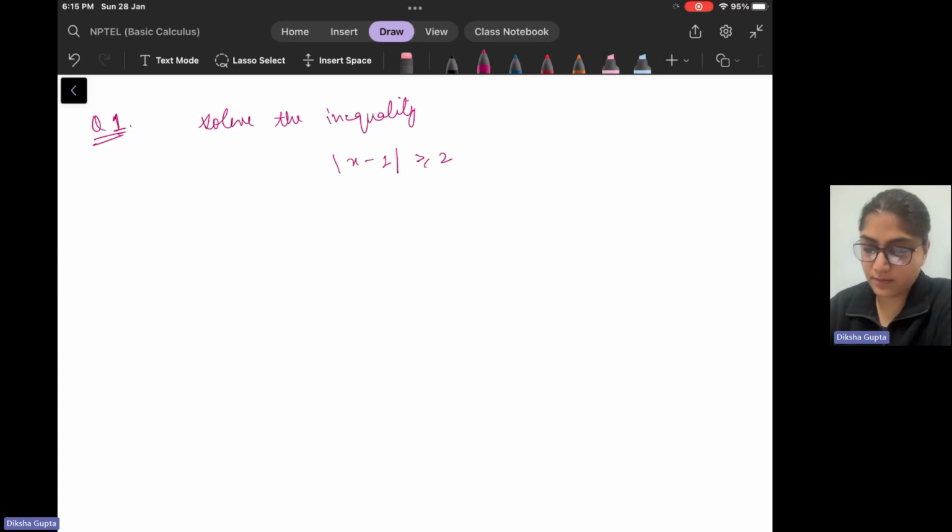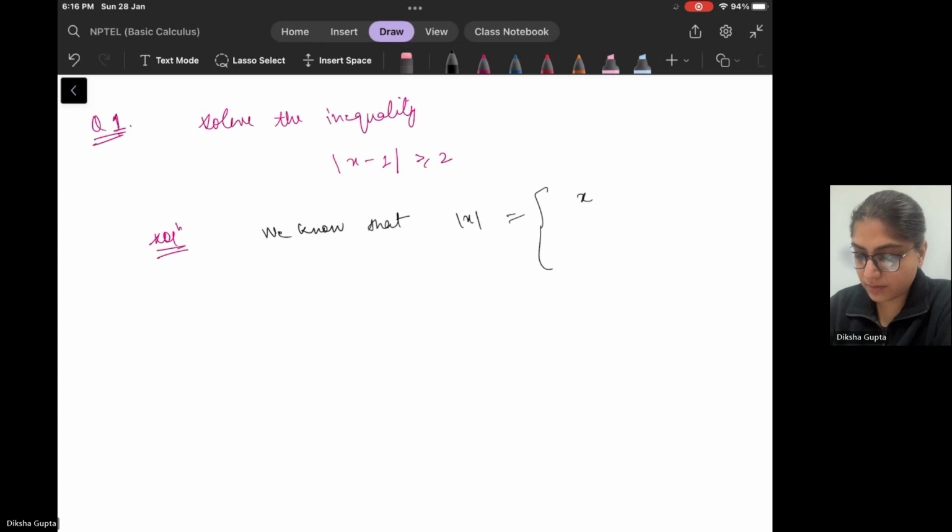Now you know that mod x can take two values, either x or minus x, depending upon whether x is positive or negative. Now x minus 1 can be,